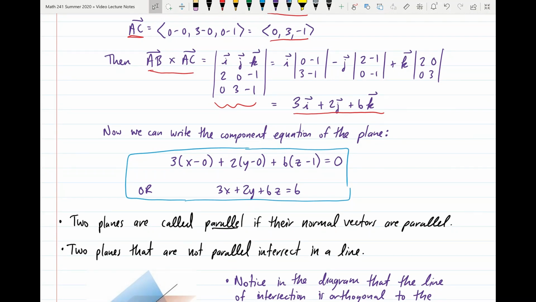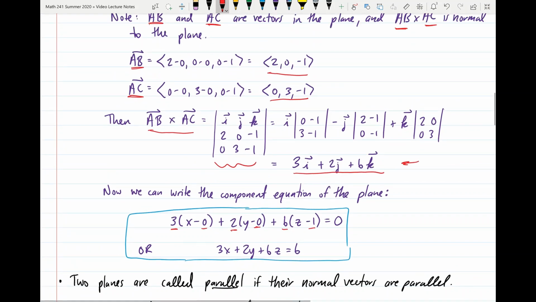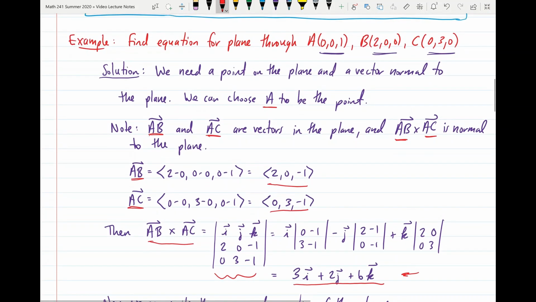So we end up getting 3 times (x minus 0) plus 2 times (y minus 0) plus 6 times (z minus 1) is equal to 0, where the 3, the 2, and the 6 are coming from the normal vector that we just found, and the 0, 0, and 1 are coming from the point that we selected, which is